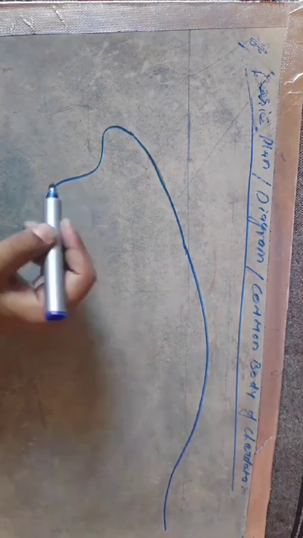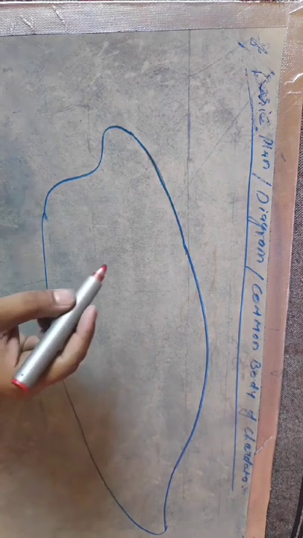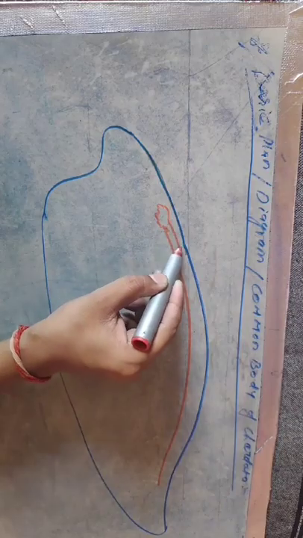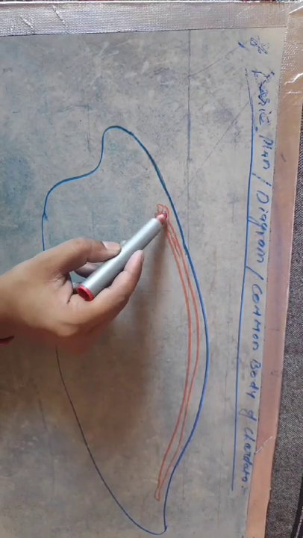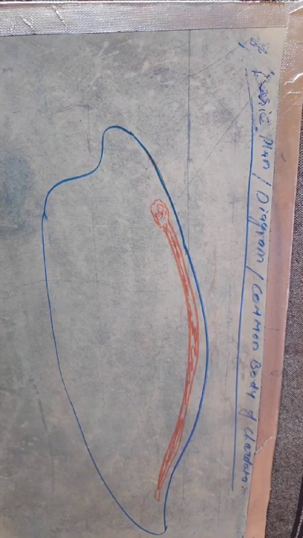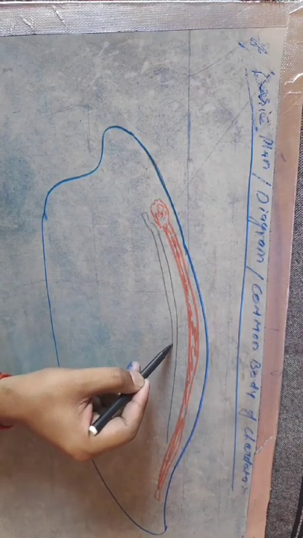So let me draw the diagram. This is the basic plane. Probably in your mind there will be a diagram of a fish, but the diagram does not belong to a fish. It is actually the common diagram for all characteristic features. This is the brain and spinal cord, which are in the form of the dorsal brain and dorsal nerve cord. Now back to the next part. This is the important unique feature of chordates, and this is the notochord.